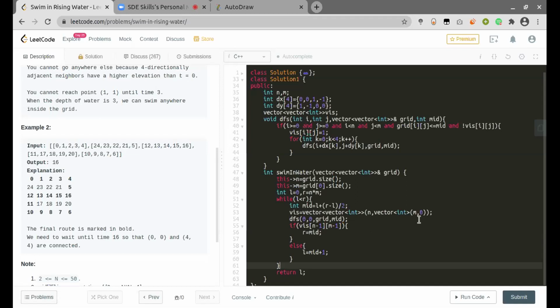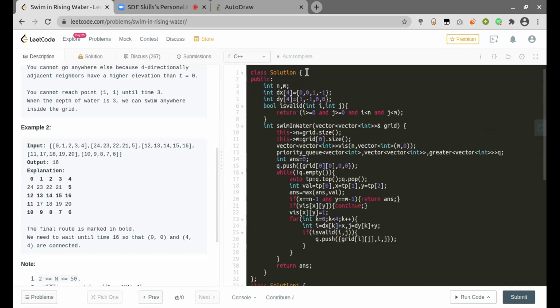Anyways, we needed this visited vector even in the BFS one, since we were marking each of the nodes and then checking if we had already visited it, and also checking if we had reached our destination index or not. So this visited was anyways needed to mark whether we have already visited a given node or not. Otherwise, it will keep iterating, and this will give us a time limit exceeded.